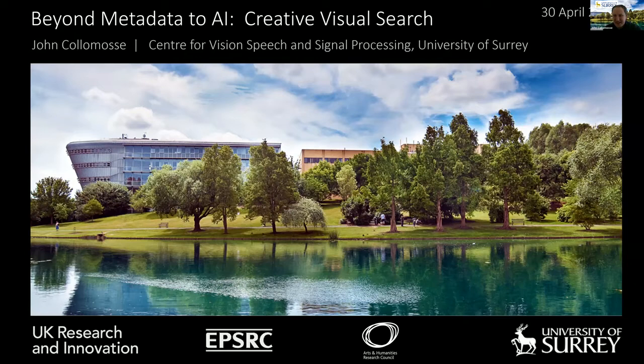My mission in the next 15 minutes or so is to give you a snapshot of some of the research going on in CVSSP as it relates to visual search. We're a large computer vision research group based at the University of Surrey. Quite a few of us are working on visual search technologies, and the reason I want to provide a snapshot is to give a flavour of the possibilities of visual search technology in the context of cultural heritage collections. A number of these projects are in partnership with archival memory institutions or large visual collections online. So I'll run through a bunch of projects. I'm very happy to take questions at the end.